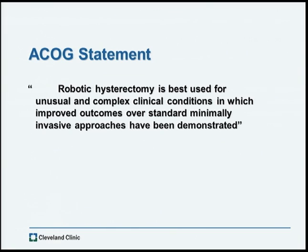ACOG, or the American College of OBGYN, recently stated that robotic hysterectomy is best used for unusual and complex clinical conditions in which improved outcomes over standard minimally invasive approaches have been demonstrated. So there's a lot of discussion about robotic surgery. I think it's here to stay, but we're going to try to find the patient that is best suited for